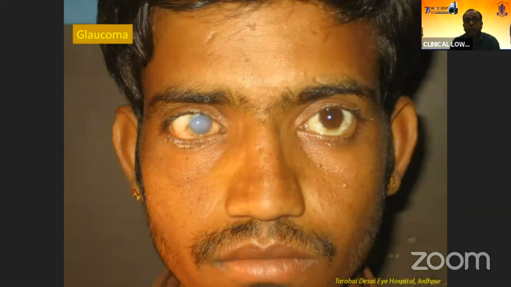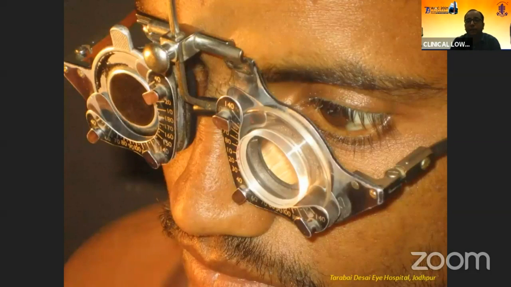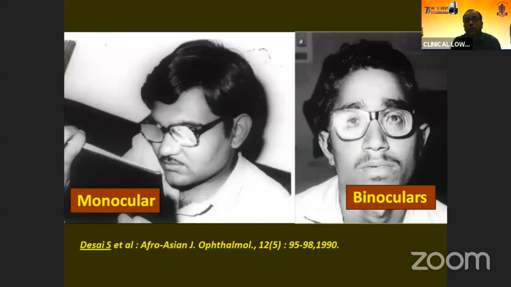So here is a picture of a gentleman with only one eye, and the seeing eye has advanced glaucoma. He is tolerating well the high plus lenses to see near objects. In the right side image, you can see a patient with myopic macular degeneration faring well with the binocular high plus lenses. This gentleman actually completed his graduation and acquired a gainful job with the use of these magnifiers. And on the left side, we can see a monocular high plus lens.